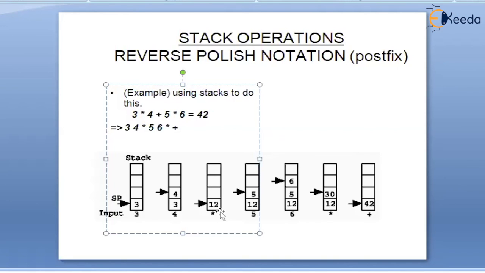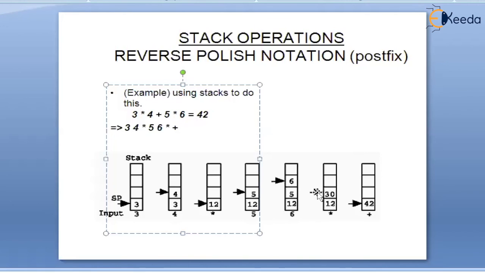Then the stack contains 3 into 4. Next we need to perform 5 into 6. For that, 5 needs to be pushed. 5 is pushed here. Then 6 needs to be pushed. 6 is pushed here. Now the top of the stack is 6. Then you need to perform multiplication, MUL. When you say MUL, the topmost 2 elements will get multiplied and will be placed in the top of the stack position. So the stack contains 12, that is 3 into 4, and 30, that is 5 into 6.